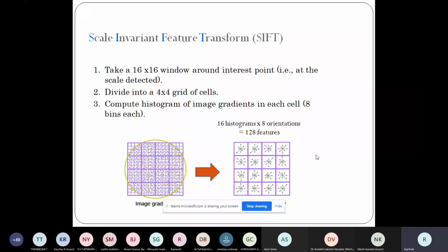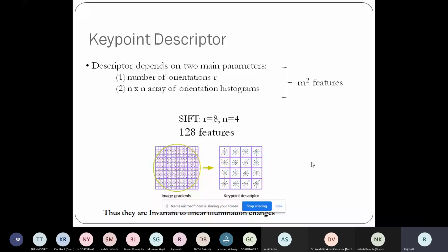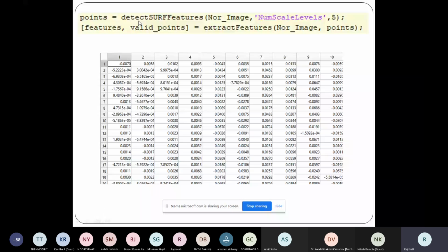Now, how do I get those features in coding? It's very simple. You can apply the code like this. See here, detect SURF feature points on the original image. I get the points. How many important points do I have? Either 100 or 250 or 50 or whatever, I get those points here.